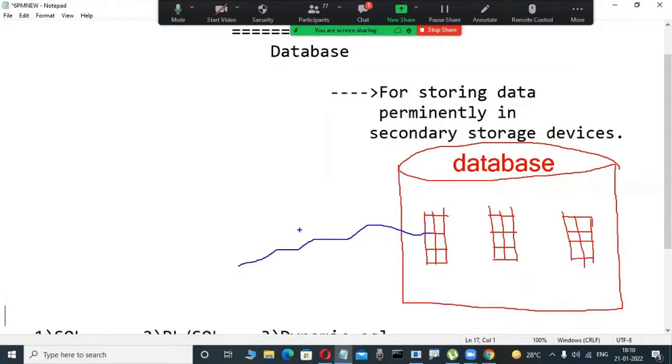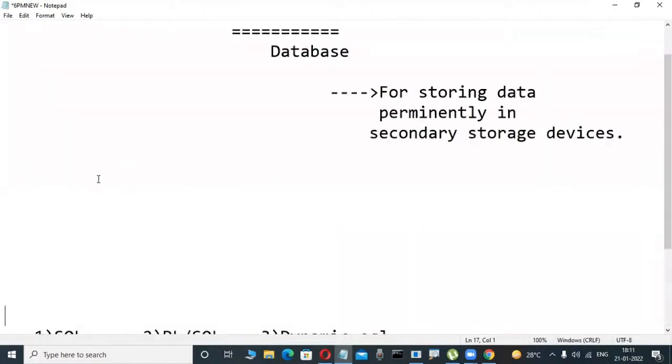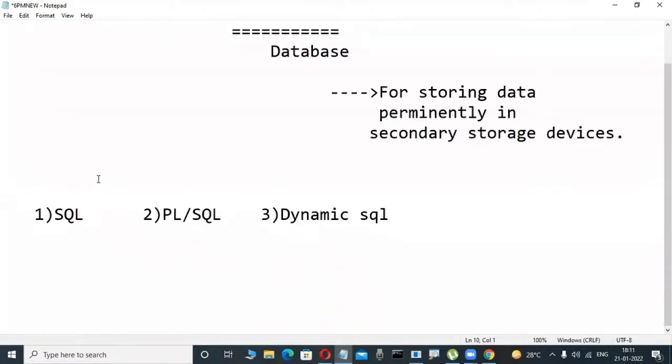We operate on this data using SQL, a language, structured query language. Up to this point, yesterday, I was telling a small thing. If you want to operate this Oracle software, we are using SQL,